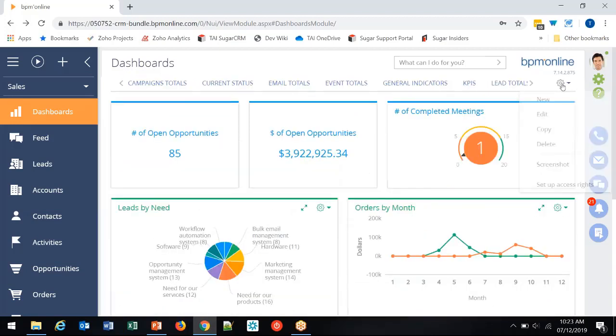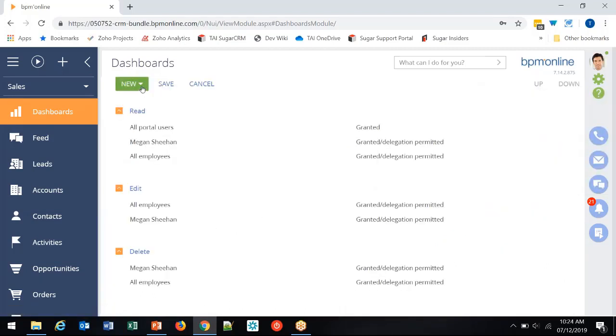And if you wanted to share this dashboard with anyone, again, that would be in the gear button here. There's also a copy option in there. Set up access rights works the same way. So I would just add a new read access right to the user or role that I wanted to share access